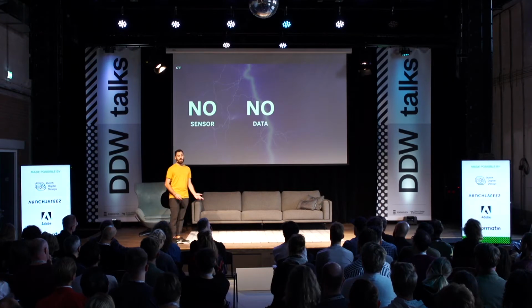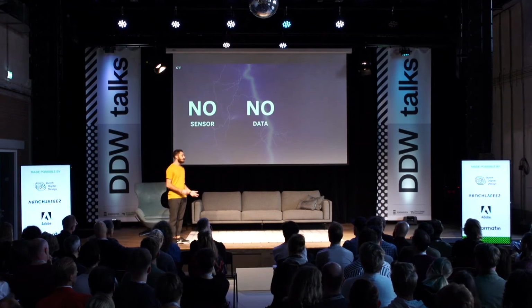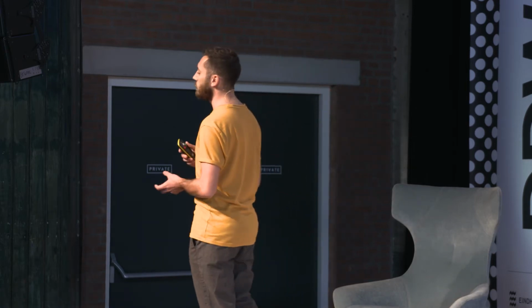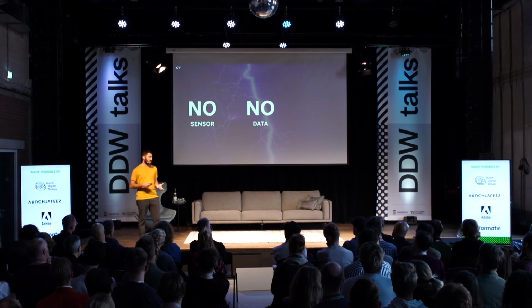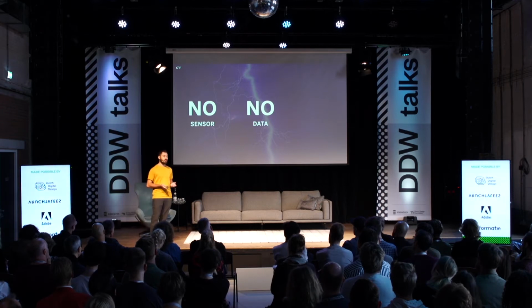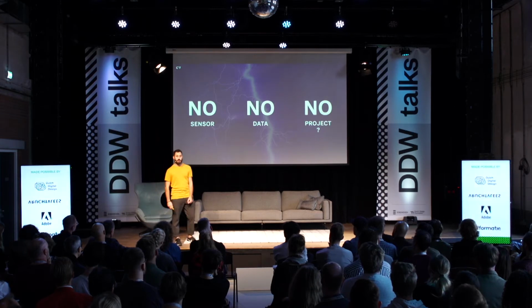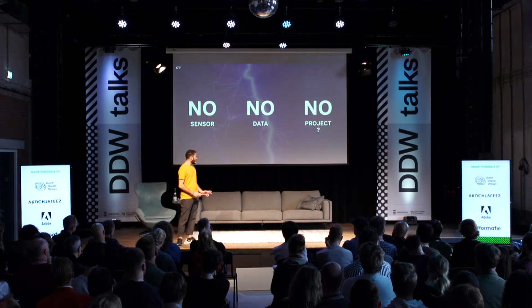That also meant we didn't have real data or data sets to base our initial concepts on. That posed other difficulties because usually, if the sensor or the technology is not ready yet, you take some examples of existing data sets to base your ideation process on. That also meant there was a risk that the project would not go further. So we were struggling with how to solve this challenge and how to go further with this project. And it was only when someone from our team came up with the idea, okay, maybe we